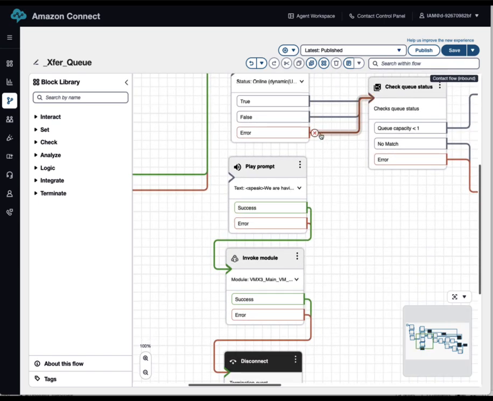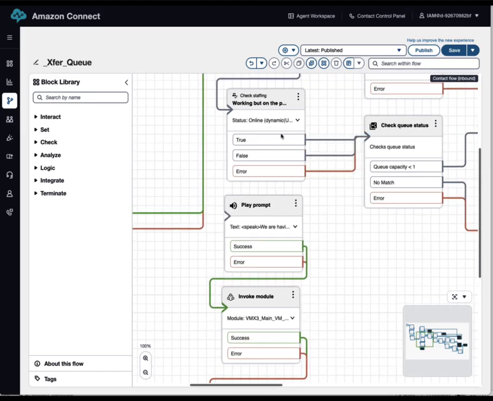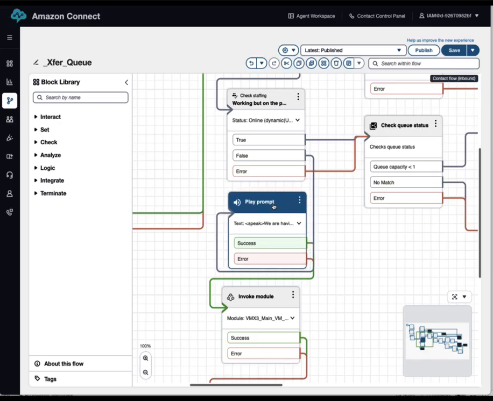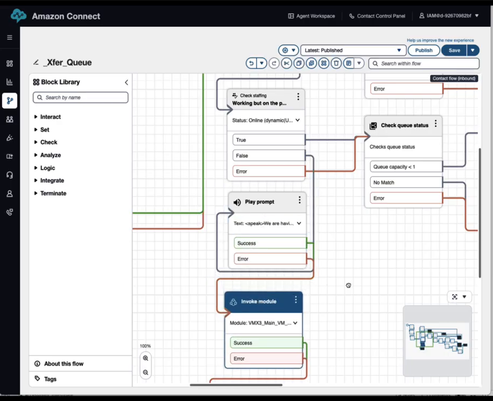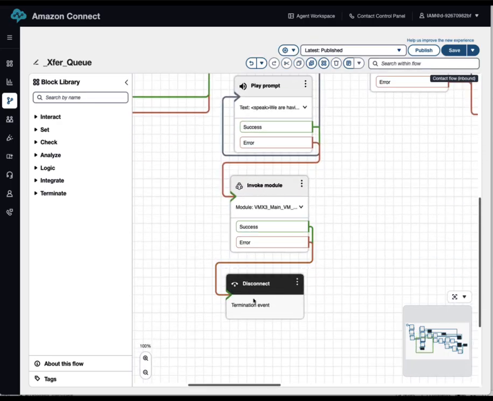So this is some kind of an error. So if it's false, we don't want to go through that process. We want to go through this process. We'll just play a message and then invoke the